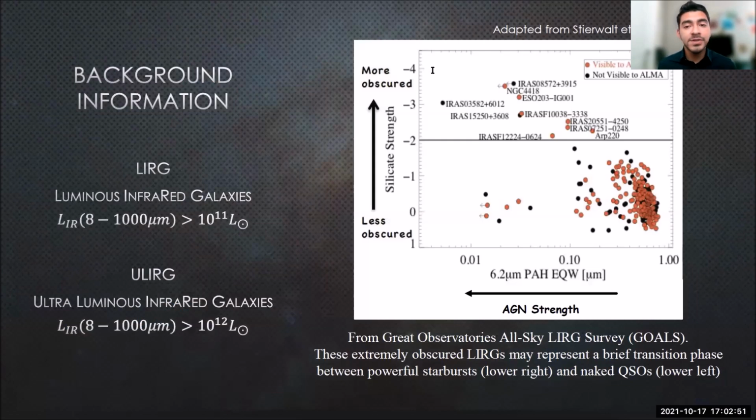They can be highly obscured, as I said, so that even mid-infrared observations fail to show what lies inside of the thick layer of dust. And so observations using longer wavelengths like radio are needed to penetrate the obscuring dust and map the physical structure of the circumnuclear ISM. One of the best samples to study mergers is the Great Observatories All-Sky LIRG Survey, or